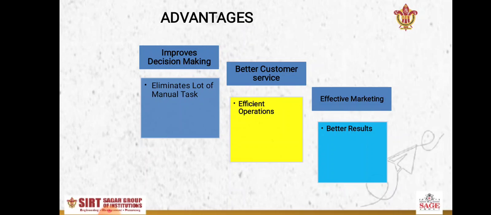Now this is why: if we know a brief outline of what the customer needs, if I know what my customer wants, I'm not going to waste any time in manufacturing a product which my customer doesn't want. I will concentrate on the product and the quality which my customer is demanding and needs in the current scenario. So I would be focusing on that particular area only. So it will ultimately help me for efficient operation.